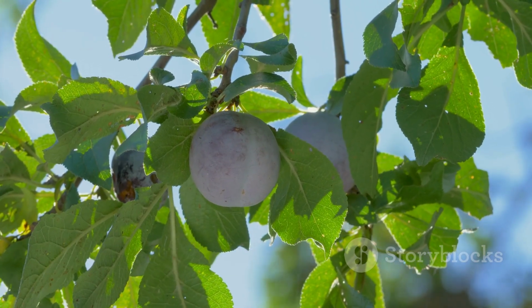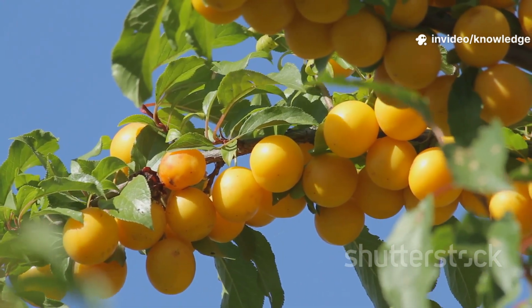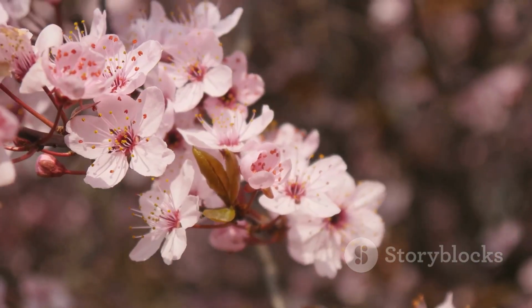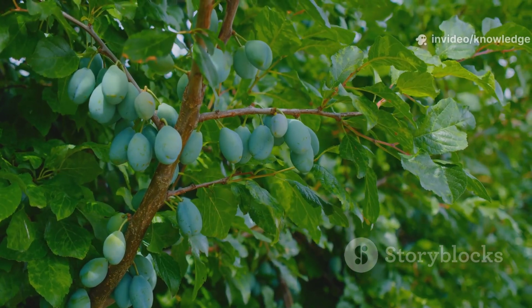Plum trees are perfect for gardeners who want both beauty and reliable harvests. They thrive in many climates and are bred for disease resistance, making them low maintenance. Plums dazzle in spring with clouds of white or pink blossoms that attract pollinators. Bare root plum trees establish quickly and can start producing fruit in 3 to 4 years, sometimes even sooner for